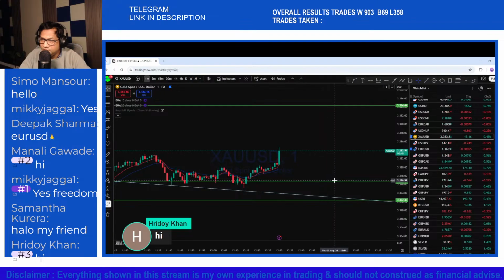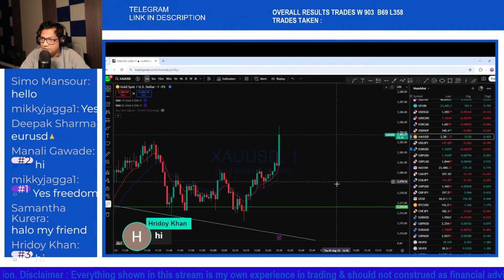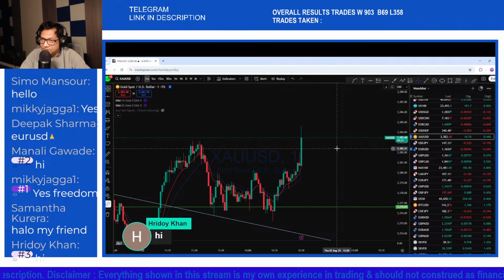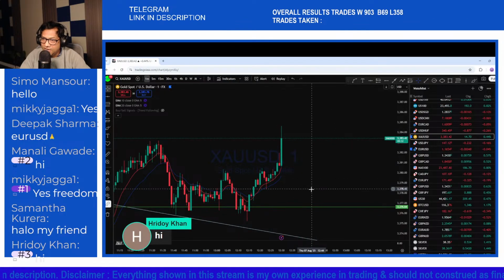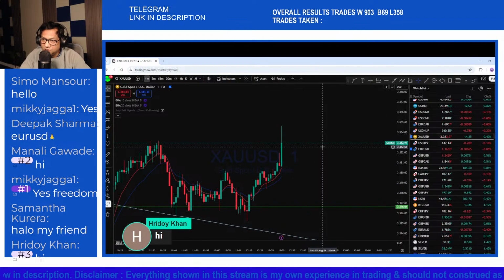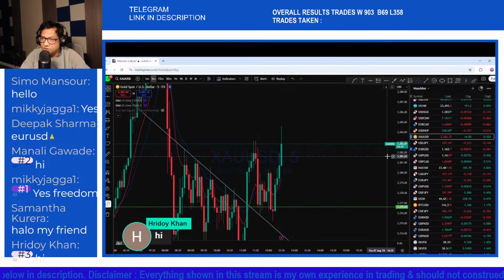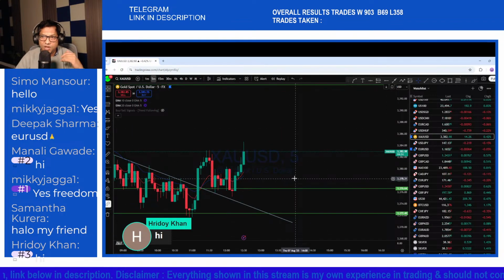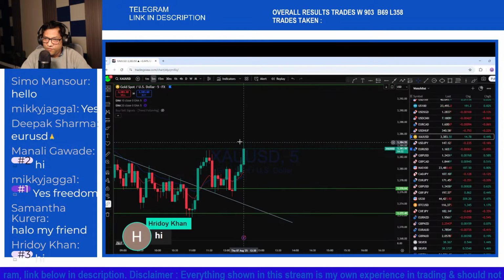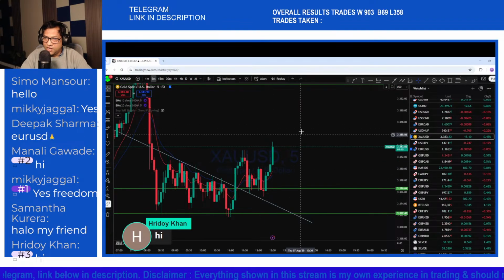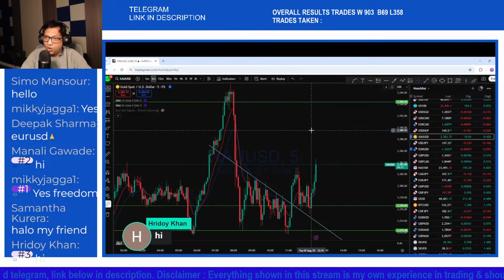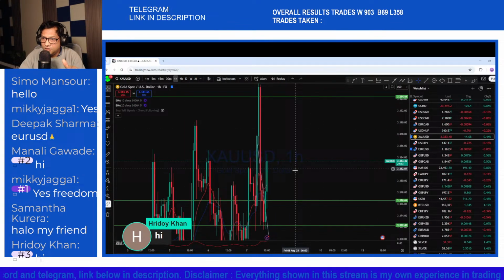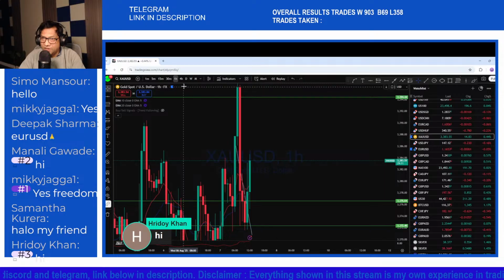Looking at the 1 minute, we can also see the market is trying to move back to the upside from this level. Already it has made its initial bounce, and with this bounce we would like to see that pullback and then entry. On the 5 minute chart here, the price has managed to break to the upside. There's a fair value gap,